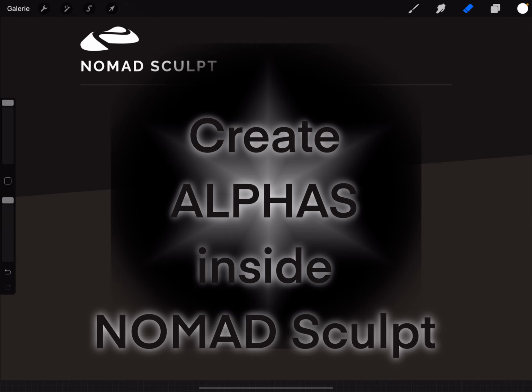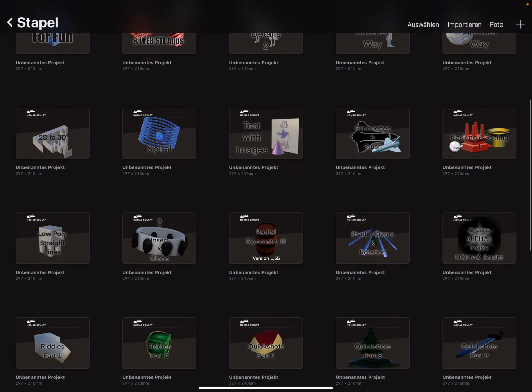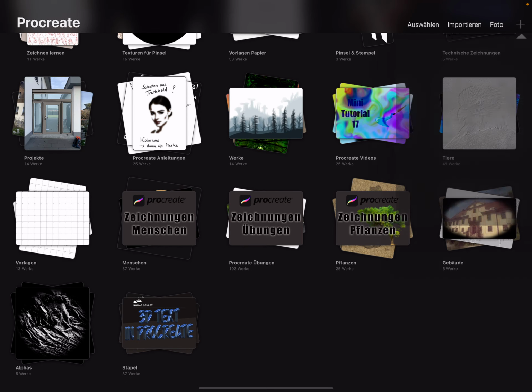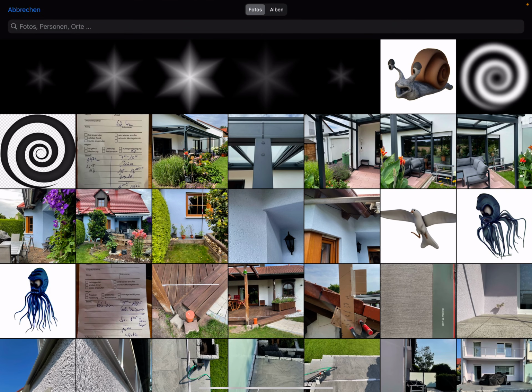I use Procreate. You can use the alpha right at the moment, but it's better to use Procreate or another painting app, and use a square and insert this photo.